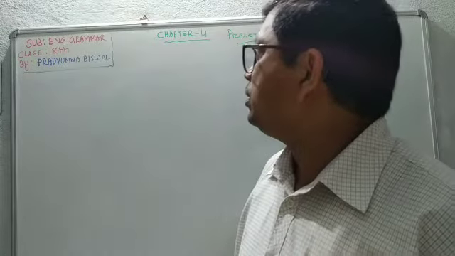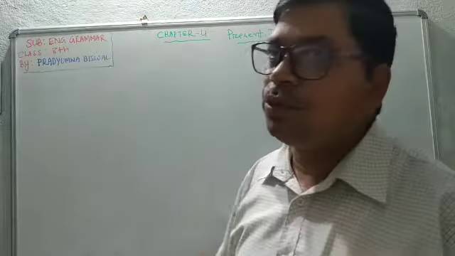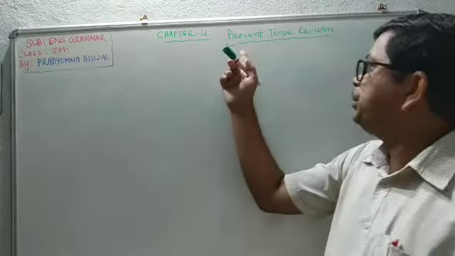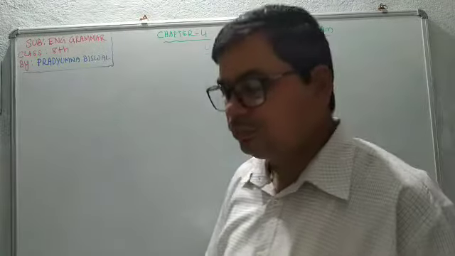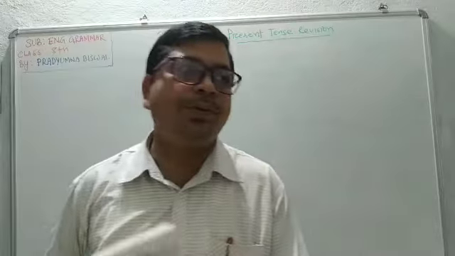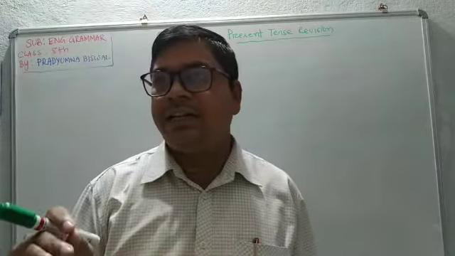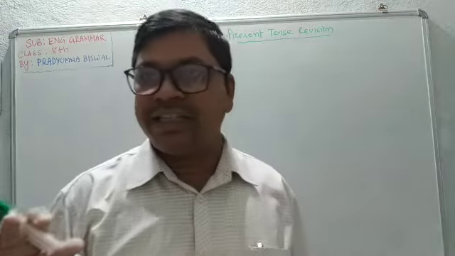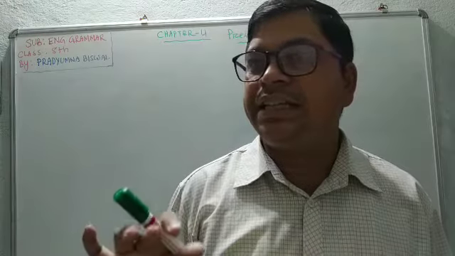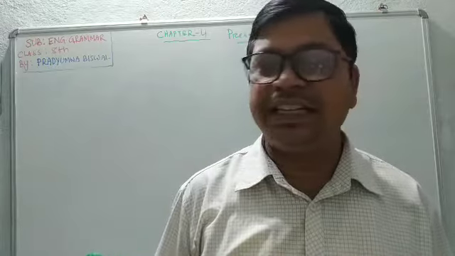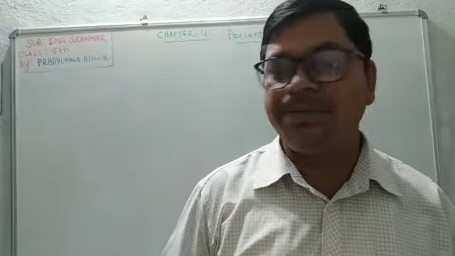Today we will discuss English grammar of class 8, chapter number 4. The name of the chapter is Present Tense Revision in your book. Just to remind you, what is tense? Tense is a verb form which is used to express time, and tense is of two types, present tense and past tense. There is no future tense. You have learned it in your previous classes, that is in class 7.